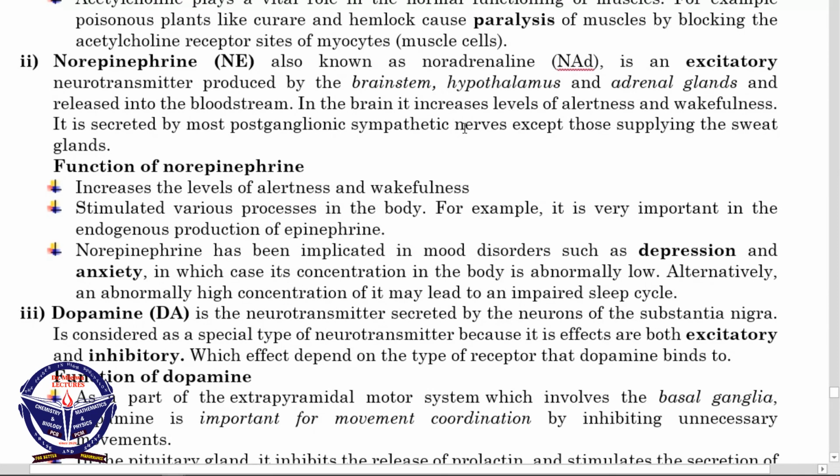So it is secreted by most postganglionic sympathetic nerves except those supplying the sweat gland. Kwa hiyo all postsynaptic sympathetic nerve zina release nani? Noradrenaline au norepinephrine, ni ule mmoja, except zile zinazo supply nani? Sweat gland, kama nilivyokuambia kule mwanzoni kwenye acetylcholine. So kwenye sweat gland zina release nani? Acetylcholine. Kwenye function norepinephrine kwanza ni increase level of alertness and wakefulness, yani mtu kuwa mchangamfu au mtu kuwa yani